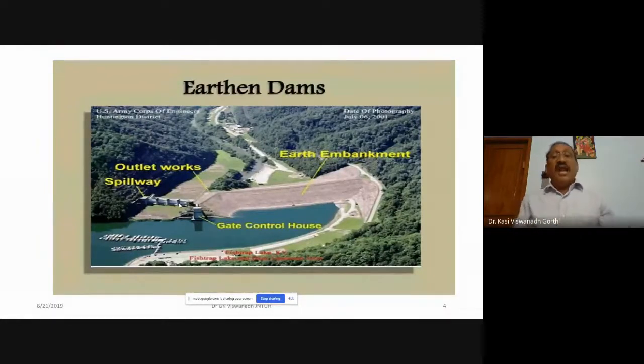Sometimes it may be a flash flood also. Sometimes it may be a result of the flow taking place in the river because of heavy rains on the upstream side. So in all these cases, a dam must be provided with a safety valve known as the spillway. It could be the overflow portion of a dam, to dispose the excess water in order to safeguard this dam. So from the reservoir, the excess water can be let off to the downstream portion with the help of this spillway.